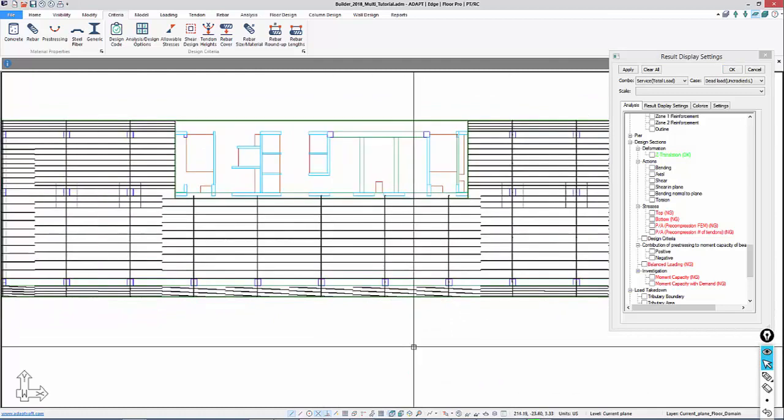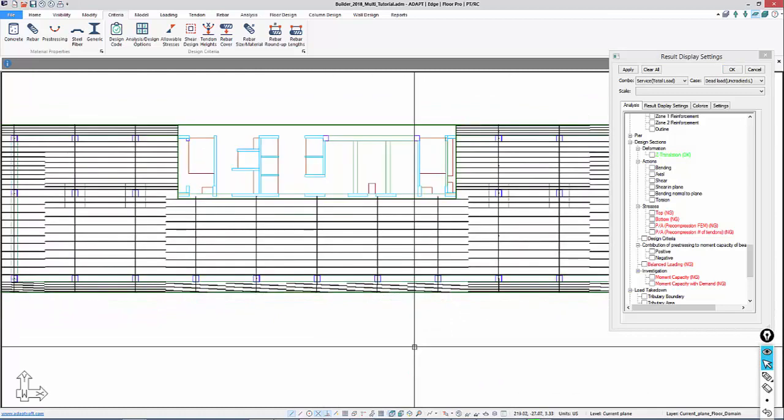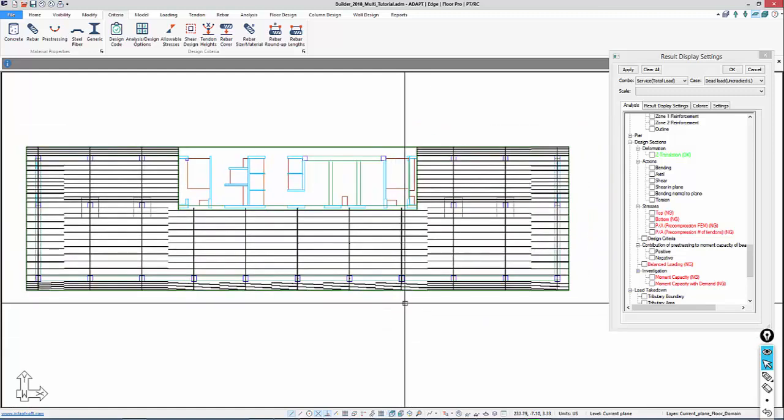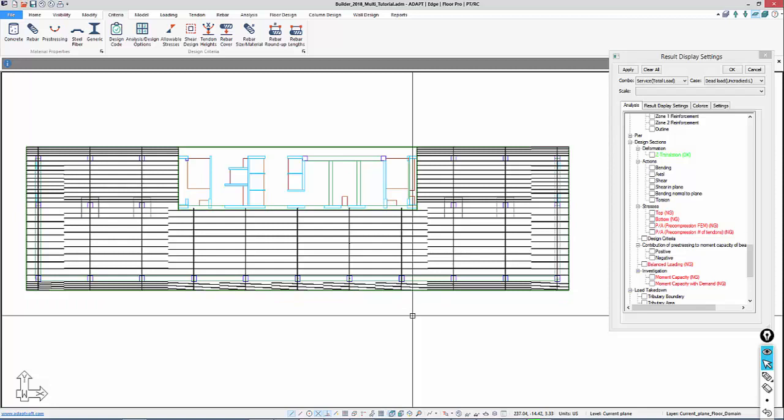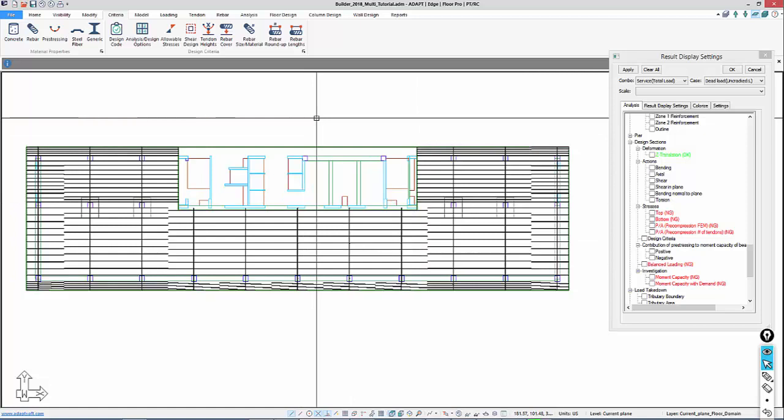Okay, so in the next tutorial we're going to talk about the ability to use the optimizer to fix some of these issues that come up in the course of the design. But additionally to the design of strips, we can also check reinforcement and capacity of the section. So we're just going to assume in this case that the design is sufficient, and even though we have a few tweaks to make to actually satisfy those requirements, we can generate both reinforcement and then look at capacities of